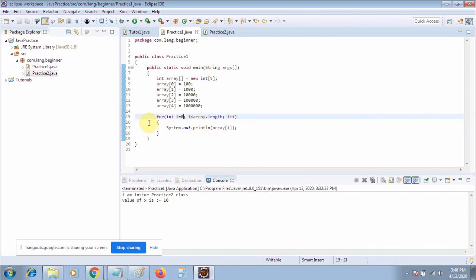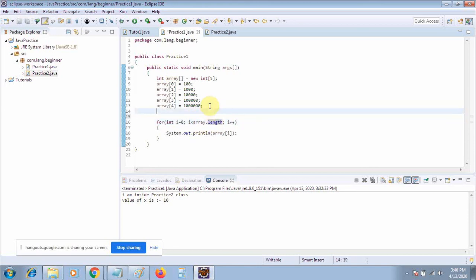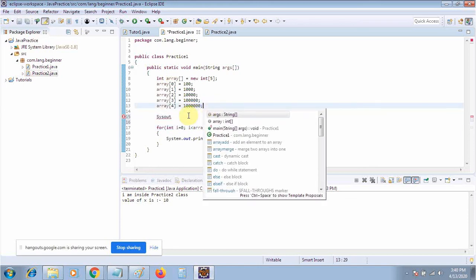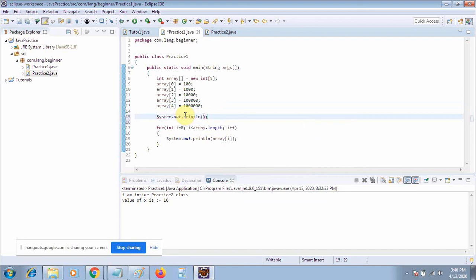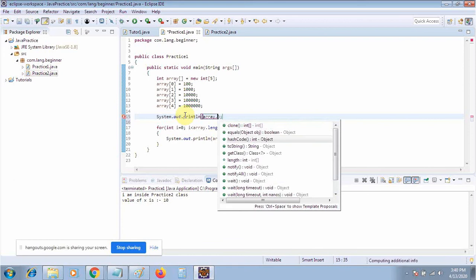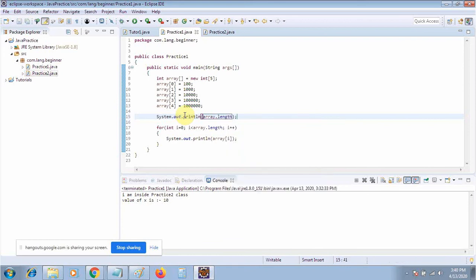So what I am doing is putting a simple for loop. I am initiating it from 0 because I know that the indexing starts from 0. Then I am checking the condition with array dot length, which will give me the length of the array. Whenever you want to fetch the length of the array, you can use length. Now it will check whether i is less than the array length. Then it will increment one by one.